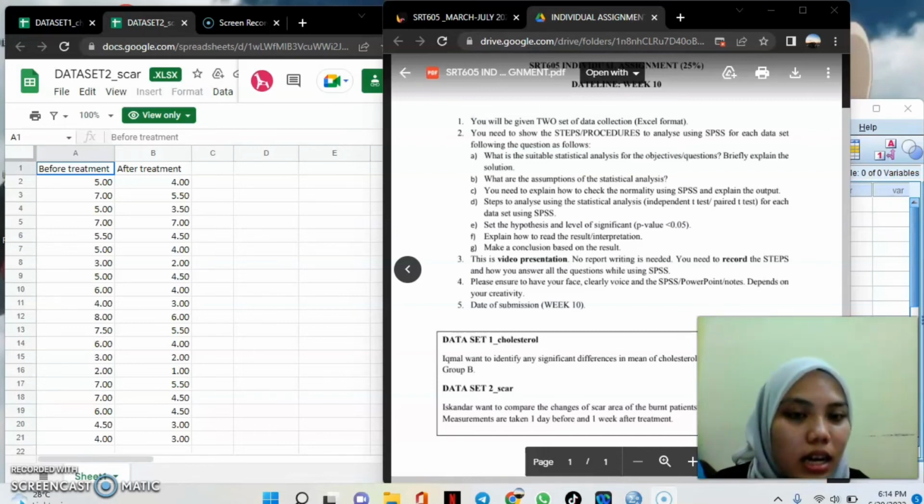For the second question, what are the assumptions of the statistical analysis? The assumption of the statistical analysis is that the observation differences between before and after are normally distributed. And for question number 3, you need to explain how to check the normality using SPSS and explain the output. So we open the SPSS,